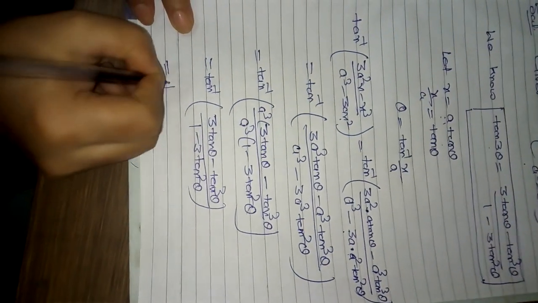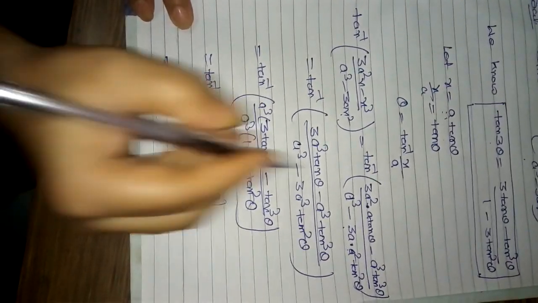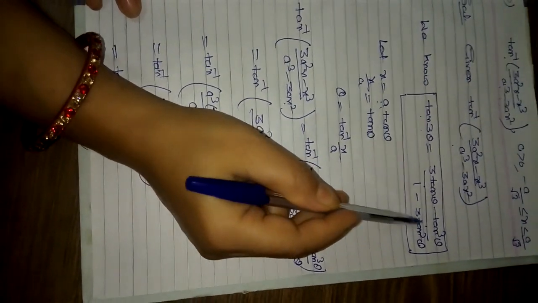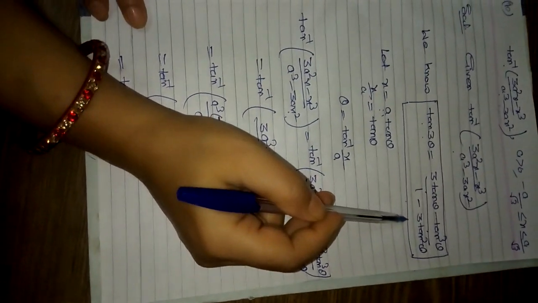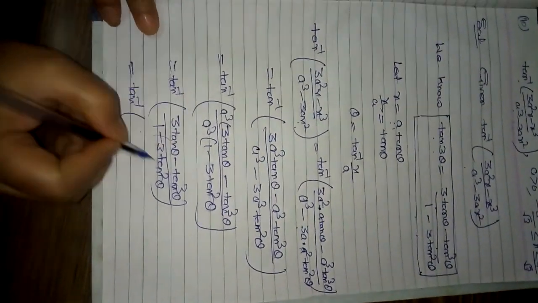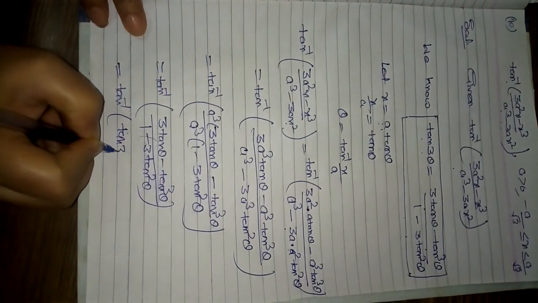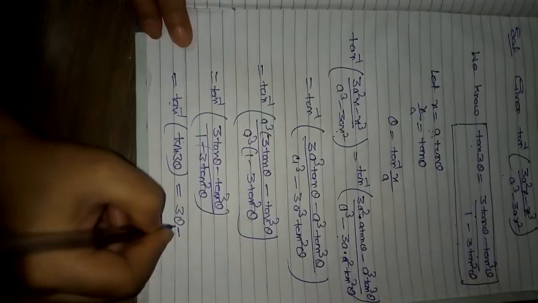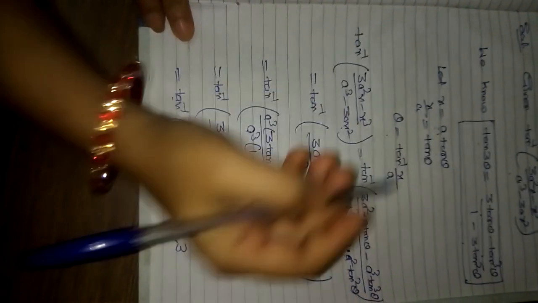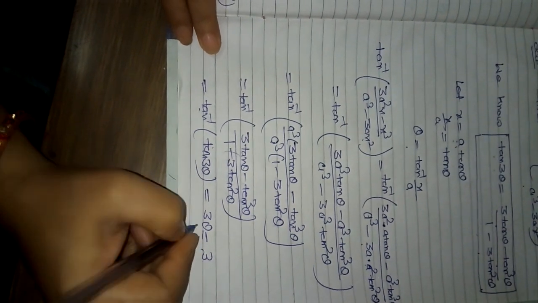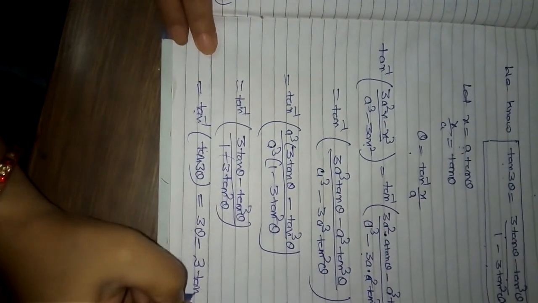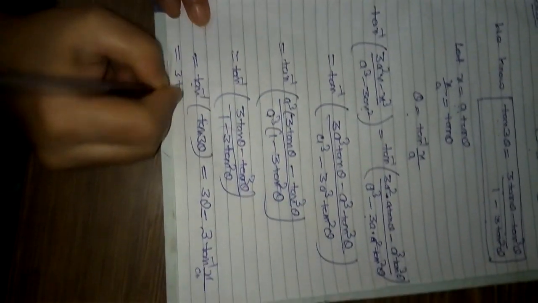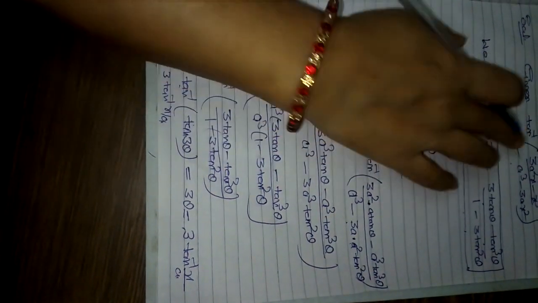And after that tan inverse, you know that tan 3 theta equals (3 tan theta minus tan cube theta) over (1 minus 3 tan square theta). So we can put here, this term is equal to tan 3 theta. So tan inverse cancels with this tan, what is left? 3 theta. Now what is the value of theta? Theta is tan inverse x upon a. So we can resubstitute here. It will come 3 tan inverse x upon a, and this is the answer. This is the value of the given term.